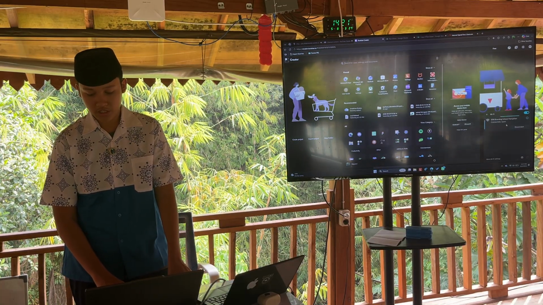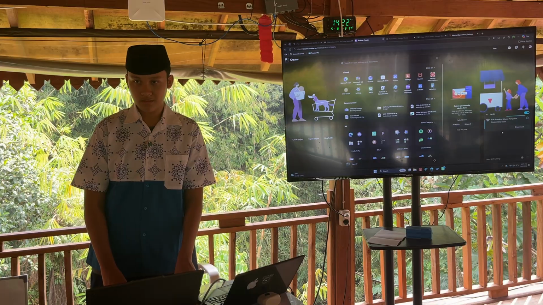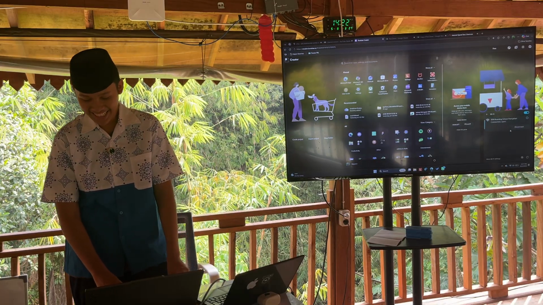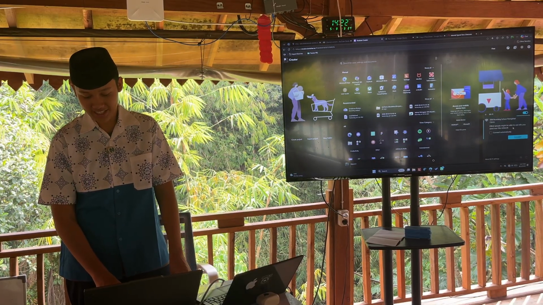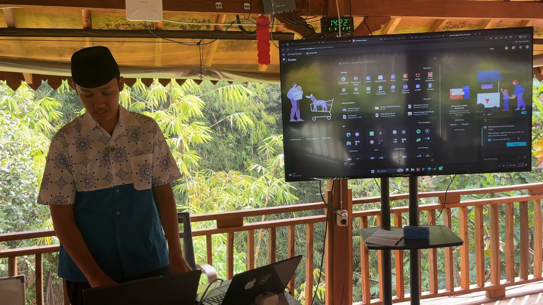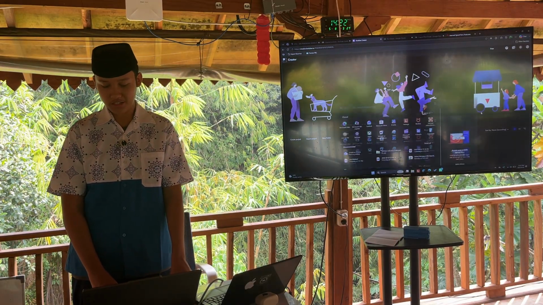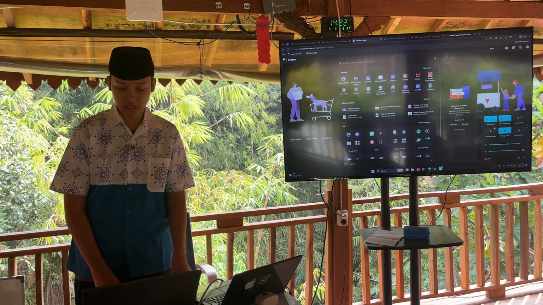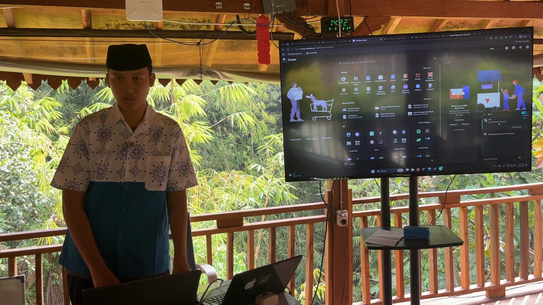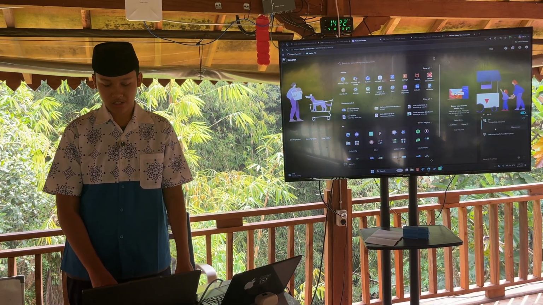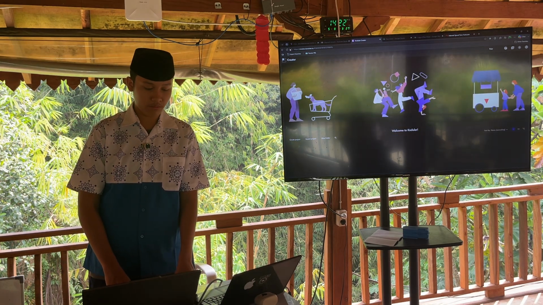Then after that, we search for image. After that, if you see the image, you can just drag and drop it to the font, like I showed you before.